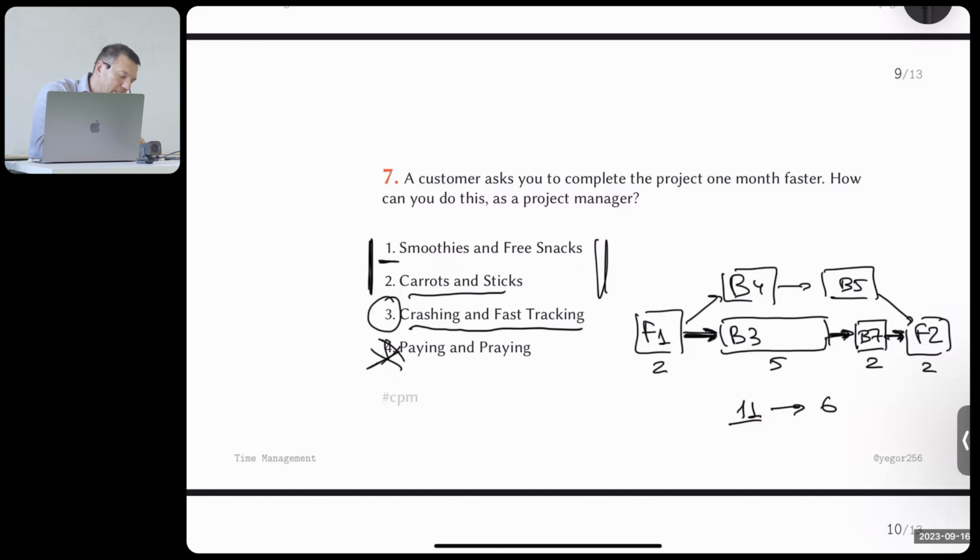We can start asking people who are assigned to these task numbers B3 to make it, instead of 5 days, make it 2 days. But this is not a good idea. We don't do that because, like I told you, it's a long discussion maybe, but you don't force people to work faster than they can, as they estimated. What do you do? You can do crashing. Crashing means you